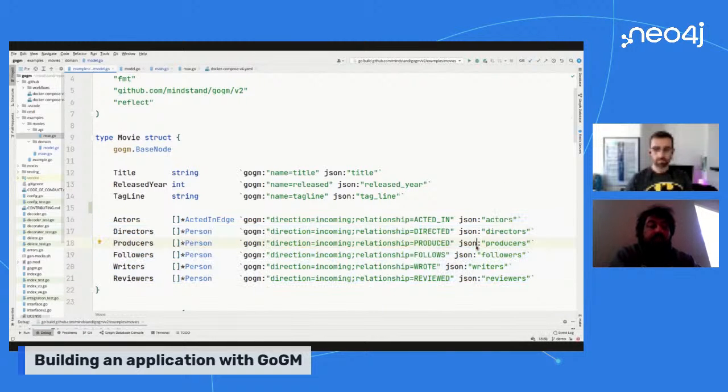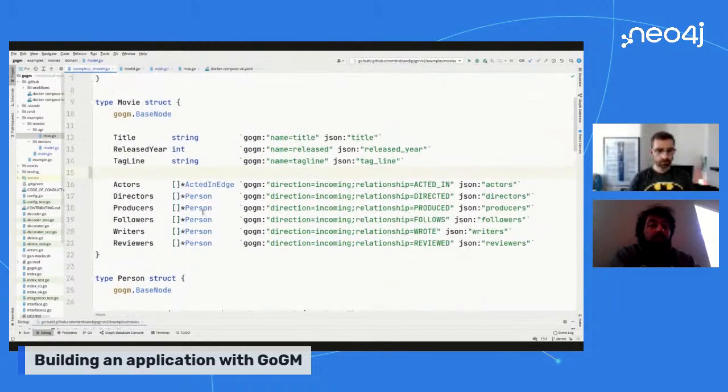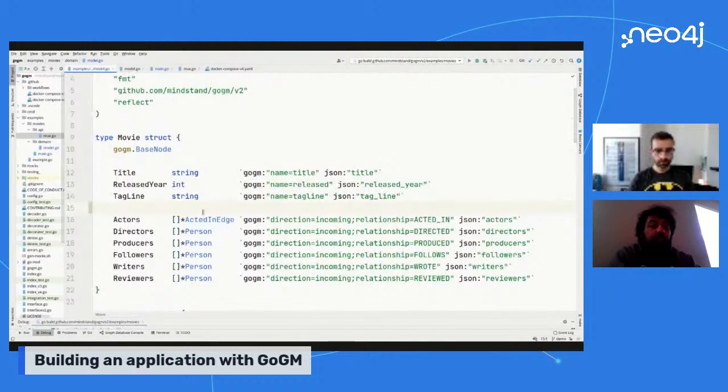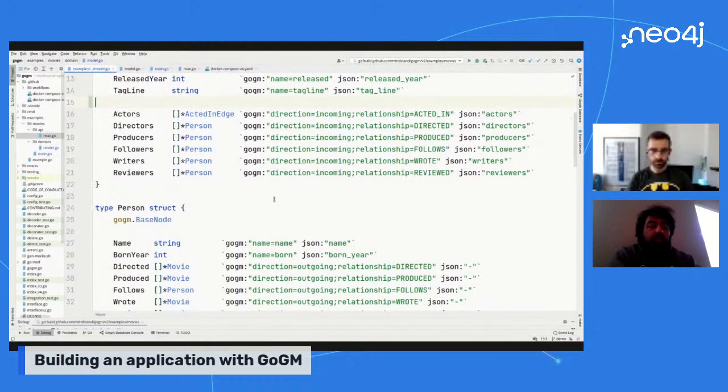The reason for this is that Gogem under the hood uses bidirectional pointers. So when we have a director in a movie, movie points at director, director points at movie, and that's how it's stored in memory. So if you try to serialize that, you'll get a stack overflow from recursively trying to serialize two things pointing at each other.